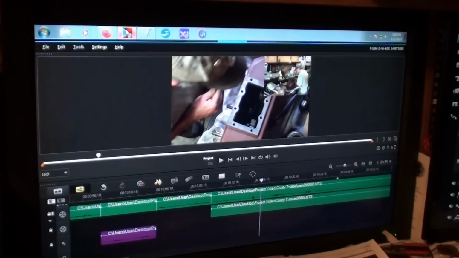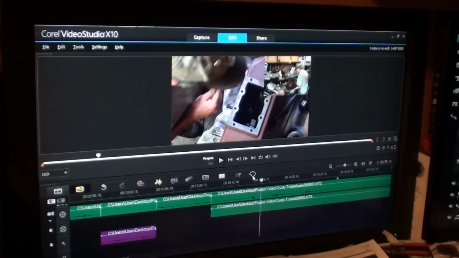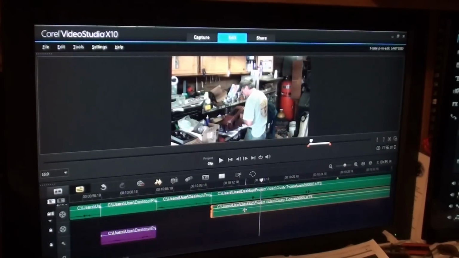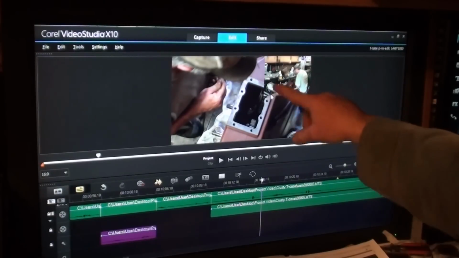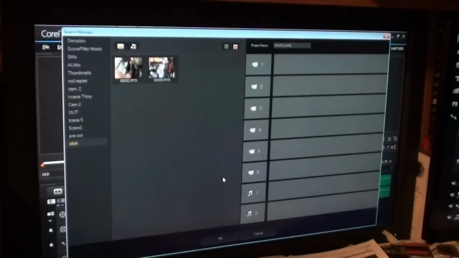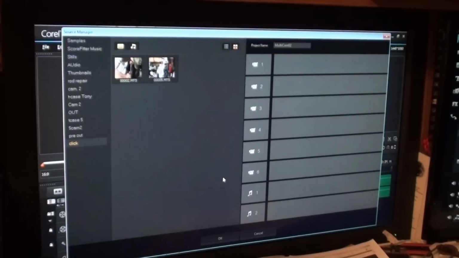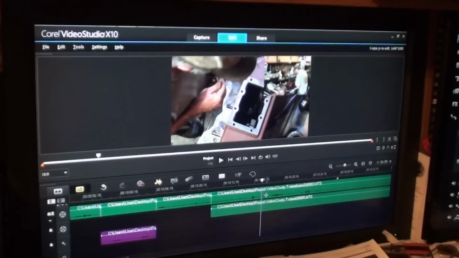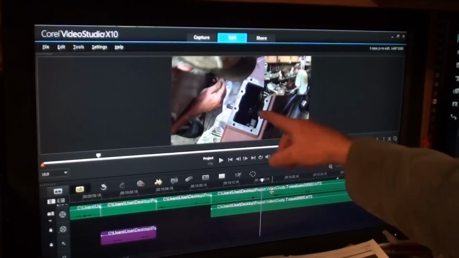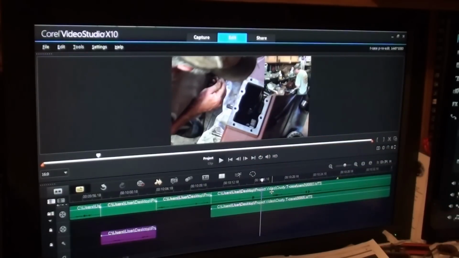So this is using Corel Video Studio Pro X10 Ultimate. So you have 2 cameras. You have this camera and this camera. So the second camera is up here in the corner so I can see what's going on in both of them. Now this editing program does have multi-camera editing. However, because of the audio track down here, the audio of the camera from up above is the stronger audio. So that's the audio track I want.